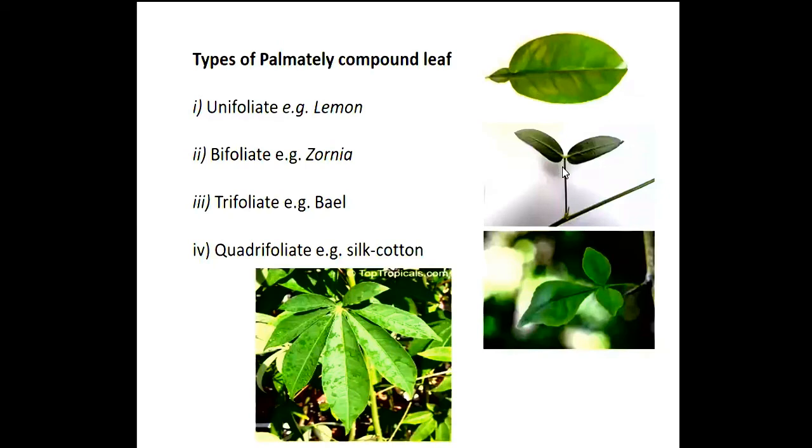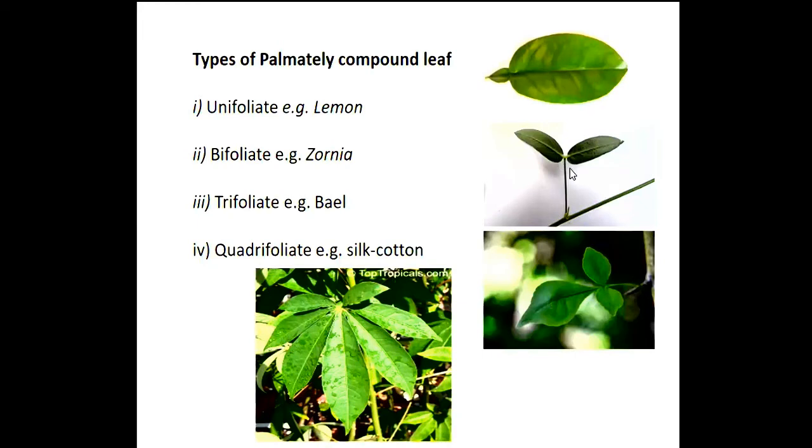And in bifoliate compound leaf, we will get 2 foliate structures here. They are the bifoliate. The example is Bauhinia. This is a genus not found in our country. This is the bifoliate compound leaf. Look, actually with the first one, there are still some confusions among the scientists, whether it is a simple leaf or a compound leaf. Many scientists have classified this one as compound leaf because there is an incision present here. So we are calling it unifoliate leaf.